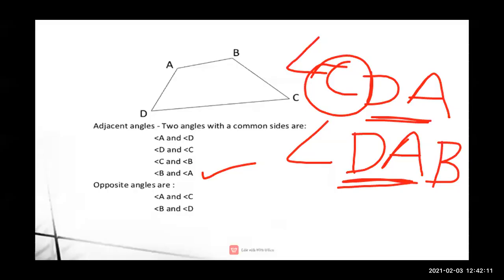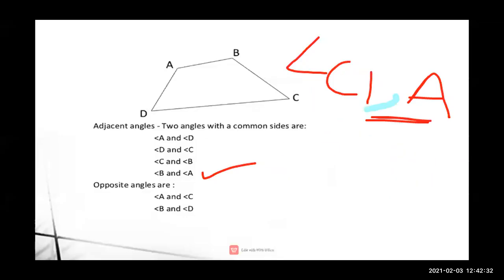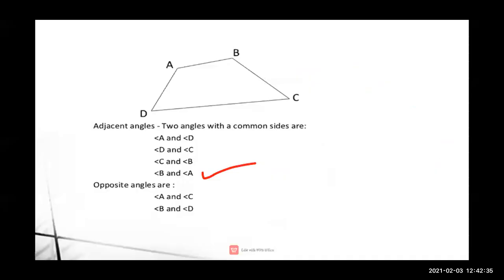See, you have to hold one vertex, then for the next pair the second vertex, for the third pair the third vertex, for the fourth pair the fourth vertex. When we write the name of an angle once from a vertex, the second time we have to leave the vertex and write from the letters after it. Clear? Now which vertex will be last, remaining? A we have taken, B we have taken, C we have taken. Now last will be our D, very good Shwetlana, and the name of the angle will be angle DAB.